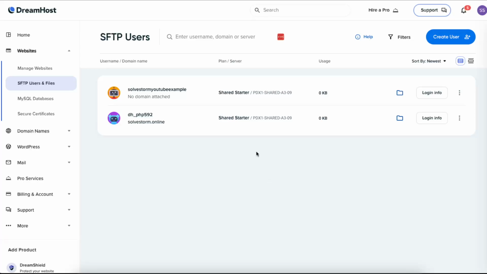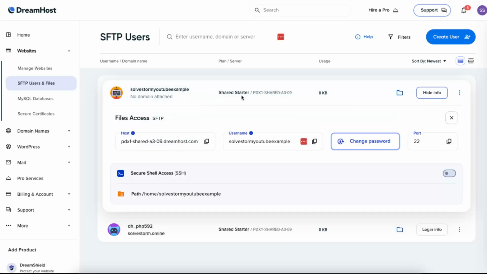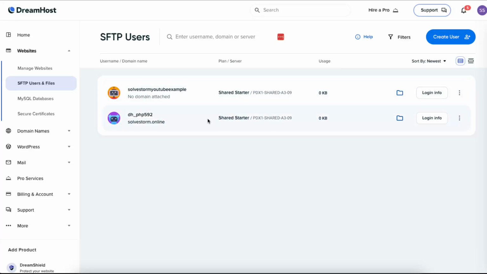And now, once it's generated, as you can see, you have another SFTP user. Here you can actually see your username and host, and the password cannot be seen here, but basically you just created it. So yeah, that's how you create an FTP user on